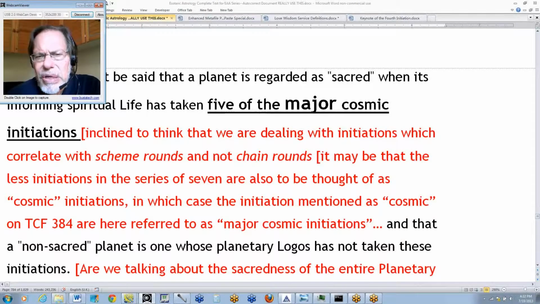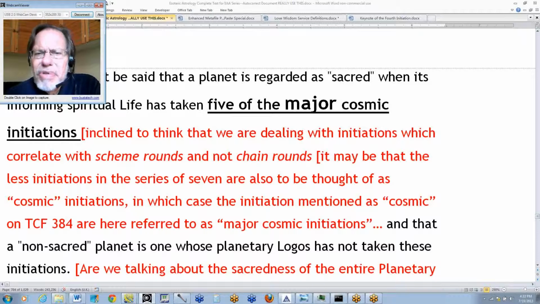I suppose, when did the moon chain debacle take place? Did it take place during the fourth or the third scheme round? Something tells me it's the fourth. So even though a long time ago, still part of recent planetary history in that respect. So this would mean, depending on whether our planetary logos can complete the job in 5 scheme rounds or has to go the full 7, that the